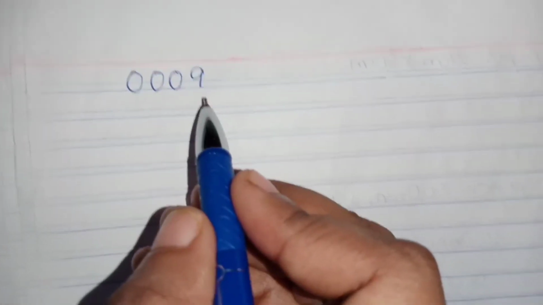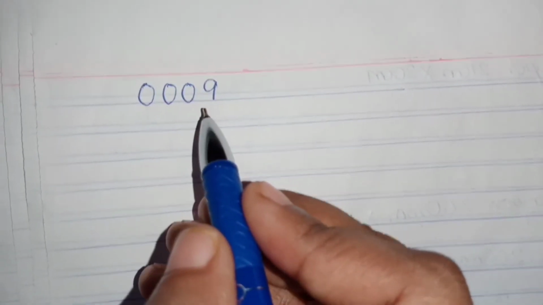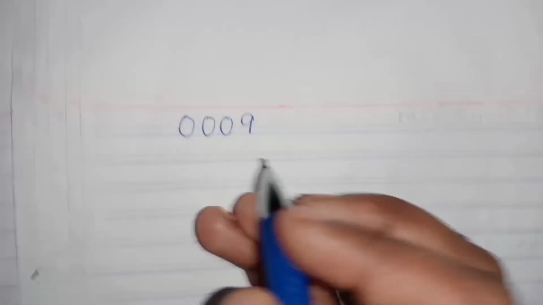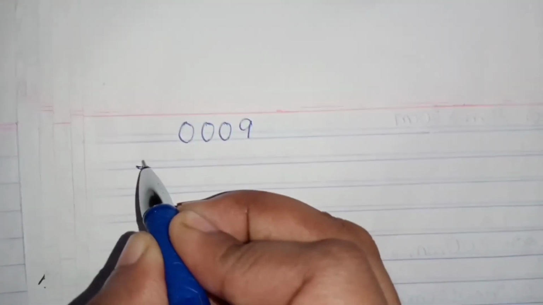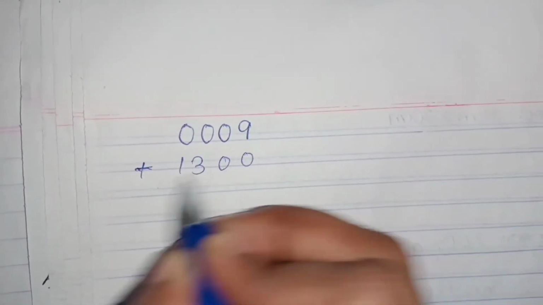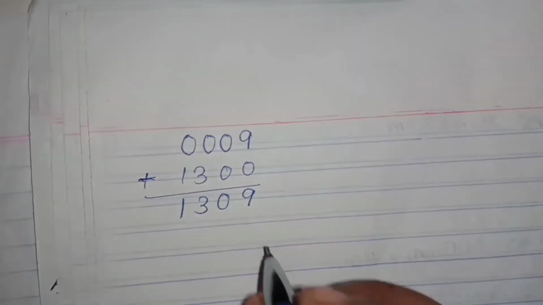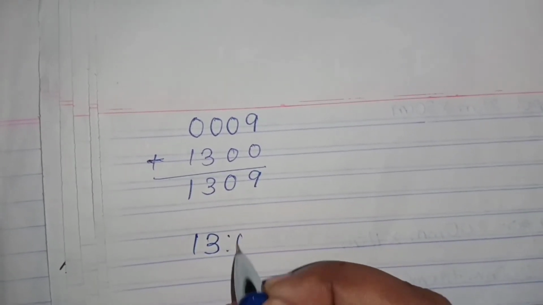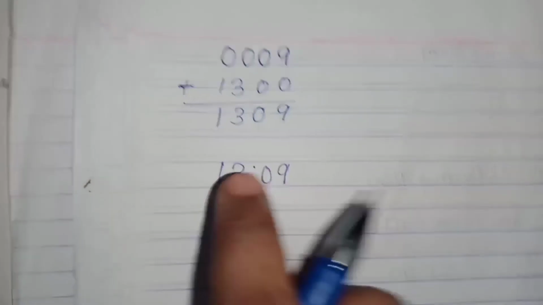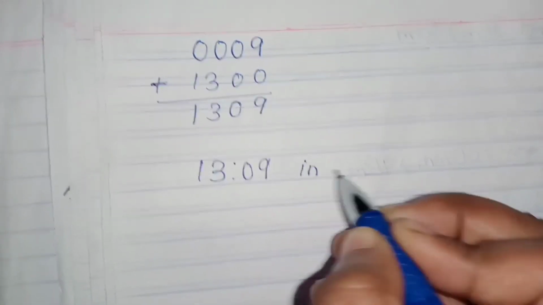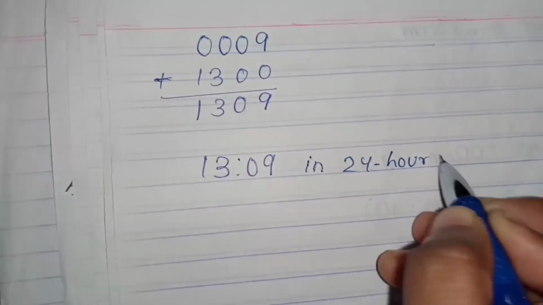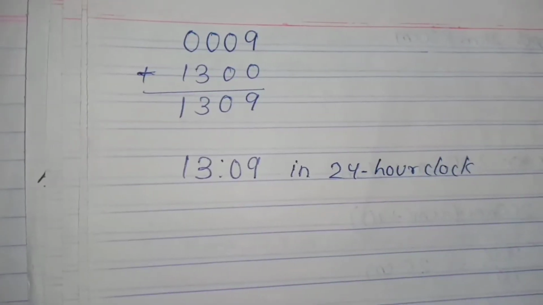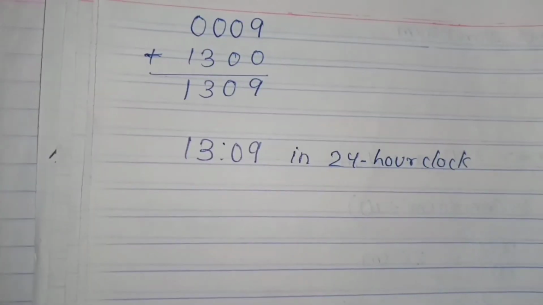So this one is already in what? It is in 24-hour clock. So at this time the train left and it reached after 13 hours. So what will we do? We will add 13 here. So 13:09. Okay, so at what time did it reach? You can write it like this also: 13 hour 9 minute. It is in 24-hour clock. Now it's very easy. We have got the answer in 24-hour clock. We can convert this into 12-hour clock by subtracting 12.